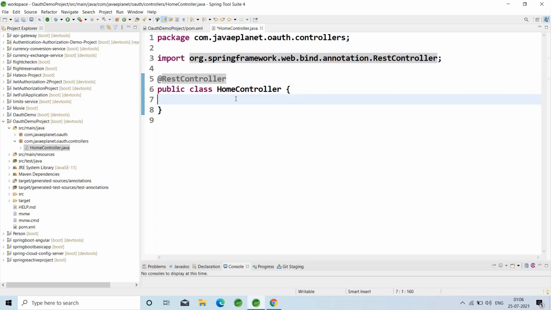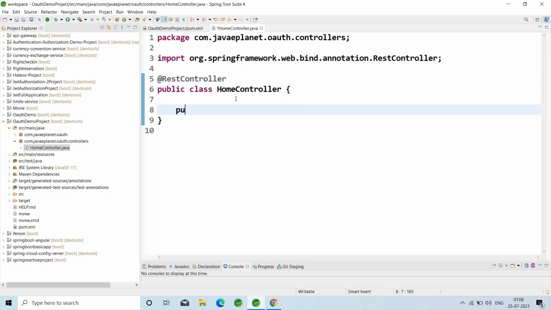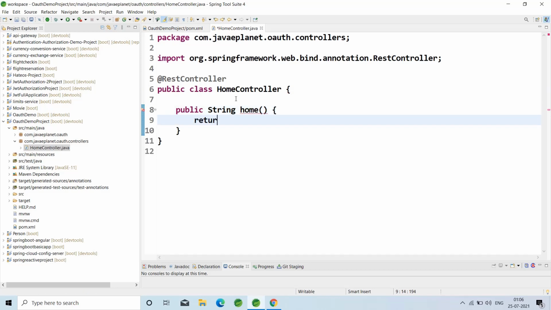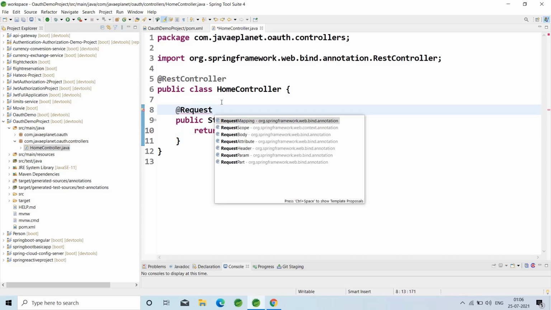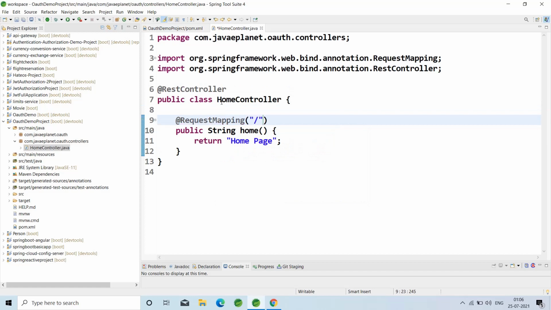In the HomeController, write one method, public String home, and return the home page. Here add the annotation @RequestMapping, and map it with slash. Control shift F to format and control S to save.